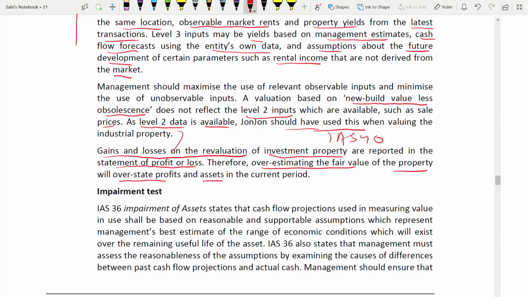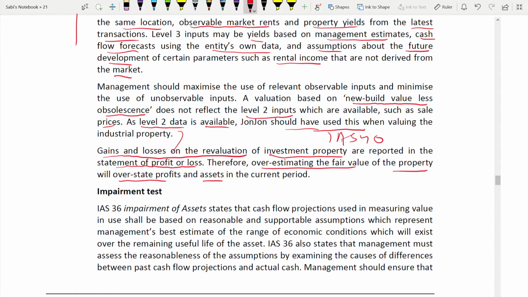In all three accounting issues you have to say whether profit and assets are overstated or understated, because remember, in your ethical questions, you need these answers. So profit is overstated, assets are overstated, same as the intangible assets. How is profit overstated? Because you will recognize a gain on revaluation when you're overstating the fair value. So when the fair value is more, there will be a gain for that, and that gain will be recorded in the profit and loss.